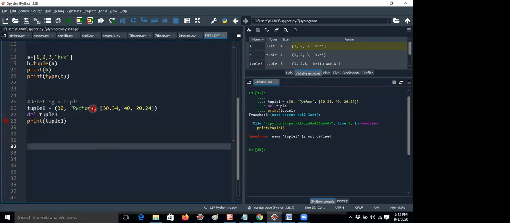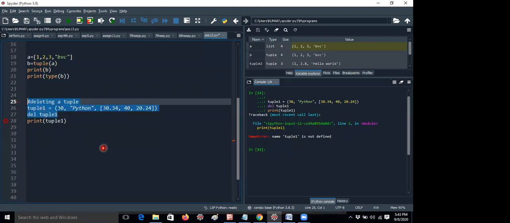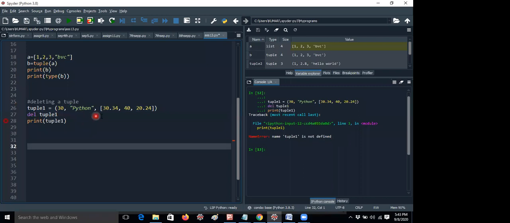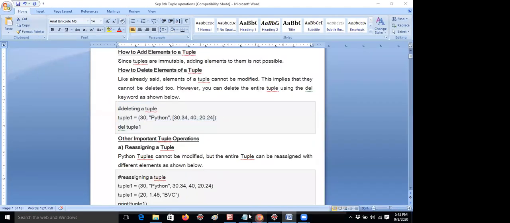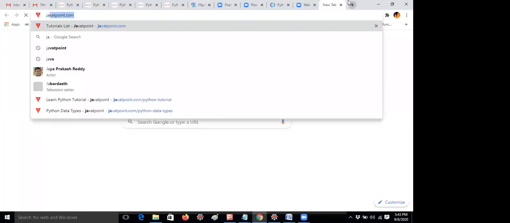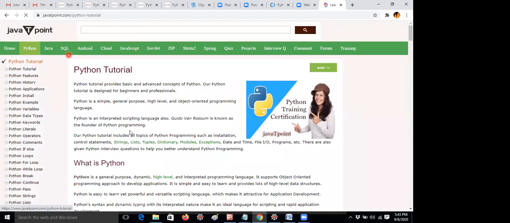So how to remove the elements in the tuple? This is the question. If you are asked in the interviews, then you can give 2 lines. In the academic, for example, second CSC students also will get these questions in the examination point of view. Okay, so you should practice well. And if you want more clarity, let me give you another website also. One of the good websites, javatpoint.com. Okay, so you can easily learn all the programming languages here, javatpoint.com.